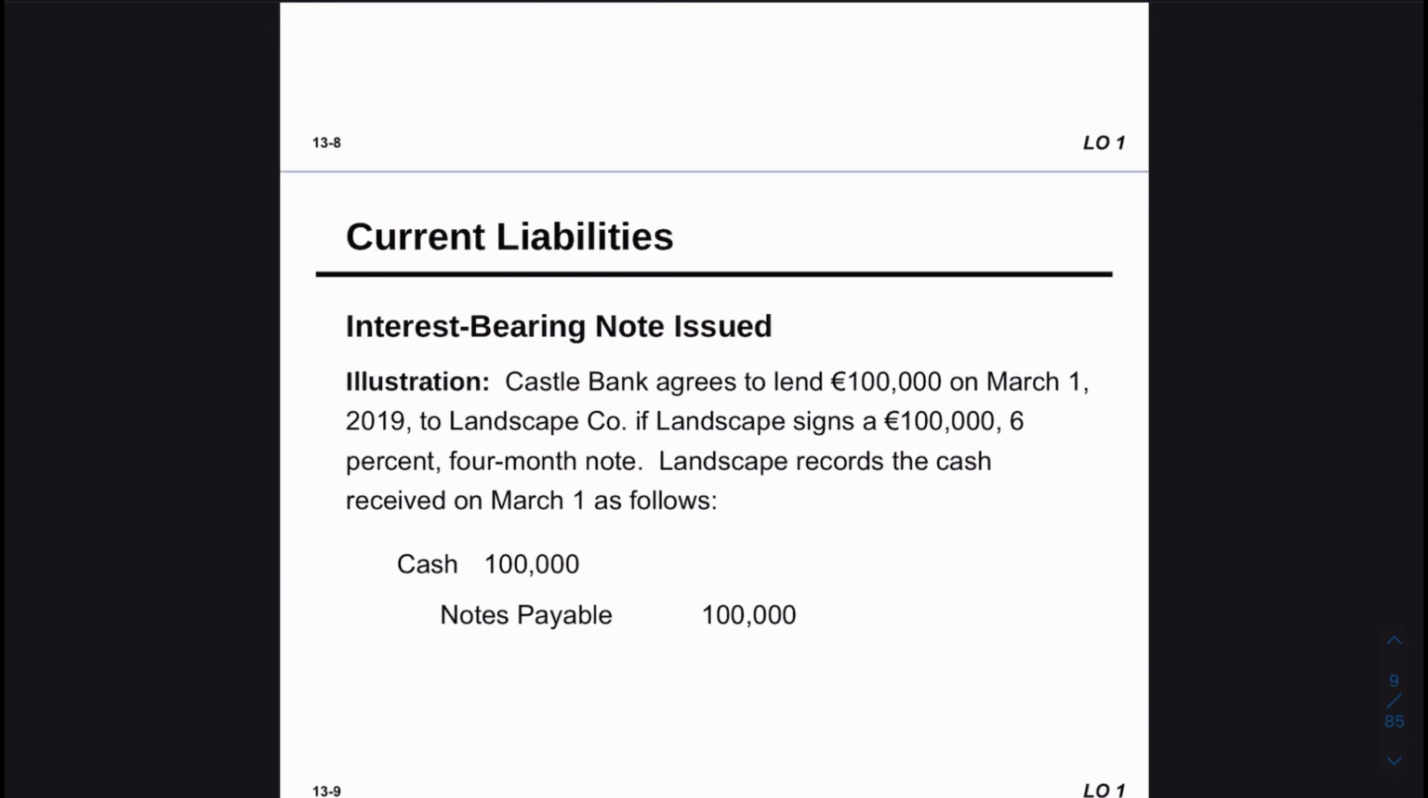So here we have an example of interest-bearing notes. Castle Bank agrees to lend 100,000 on March 1, 2019 to Landscape. Landscape signs a 100,000, 6%, 4-month note and requires the cash received on March 1. So on March 1, we are Landscape, and we've taken a loan from a bank of $100,000. So we will debit cash since we've taken a loan, and we will credit notes payable since it is considered